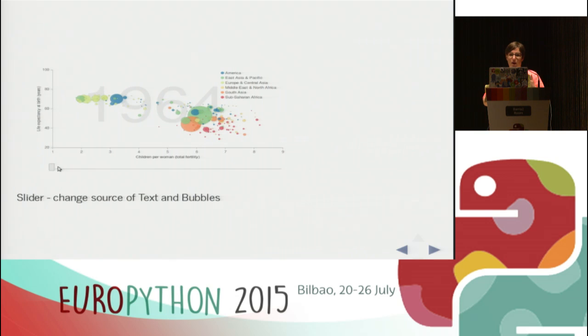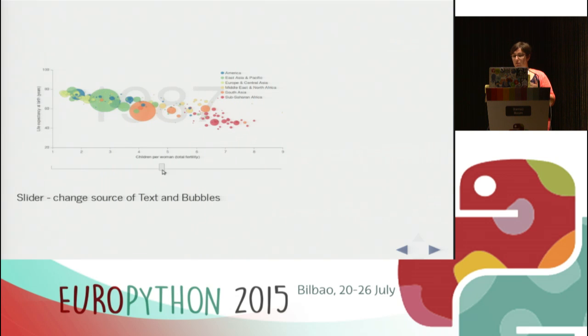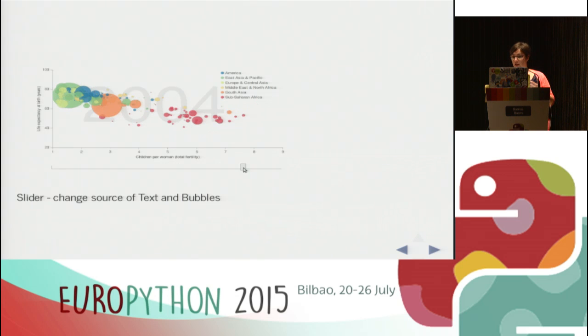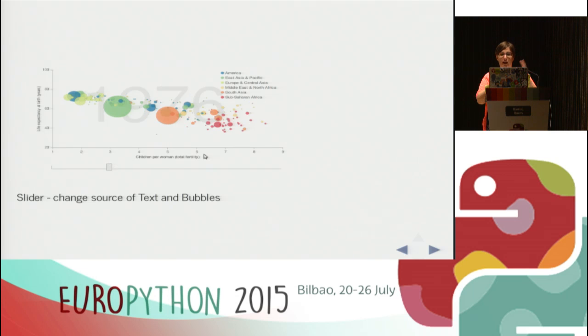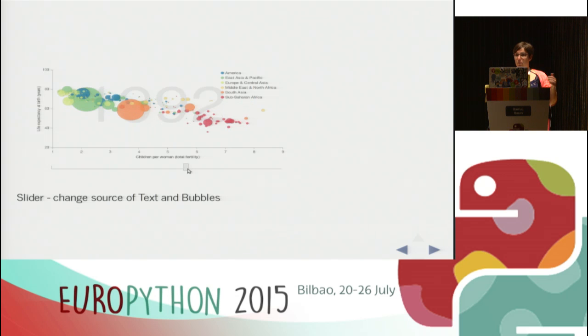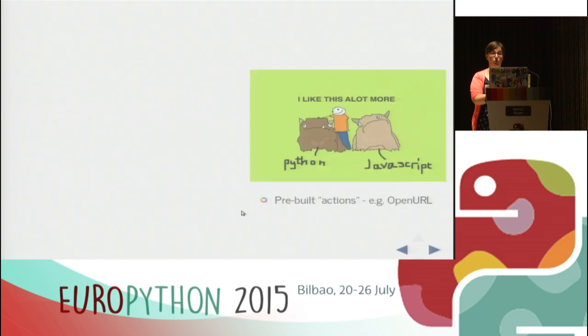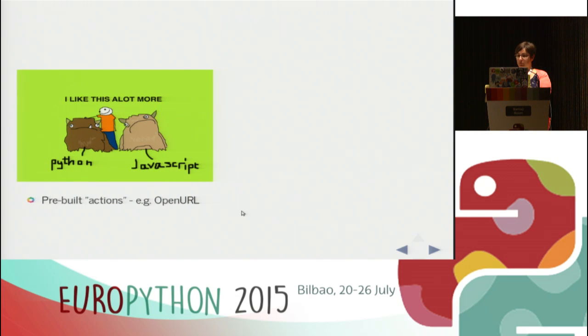So this is one I built recently. They've got this slider at the bottom. This is a Bokeh slider. And what I'm doing is very simple. Whenever I slide, the value of this number at the back here changes, and the data source that powers these circles switches out. So this is a completely standalone piece of HTML, all done in Bokeh, using this new callback mechanism, if you hate JavaScript more than life itself,